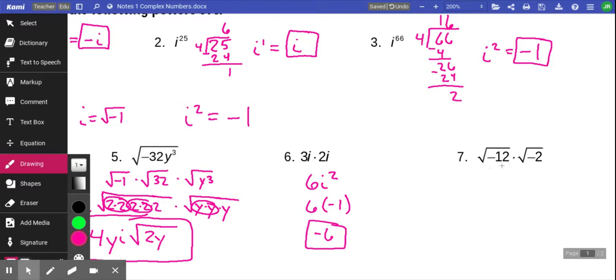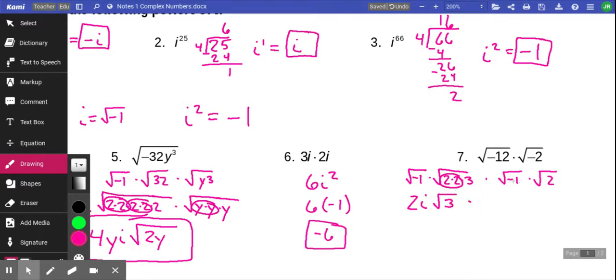All right, this next example for simplifying, if we have the square root of negative 12 times the square root of negative 2, first I'm going to break down the square root of negative 12, and that's going to be the square root of negative 1 times the square root of 12, I can rewrite as 2 times 2 times 3, times the square root of negative 2 would be the square root of negative 1 times the square root of 2. I know that my square root of negative 1 is i. I also know that square root of 2 times 2 times 3, since I have 2 2's, that means that a 2 could come to the outside. And then I have the square root of 3